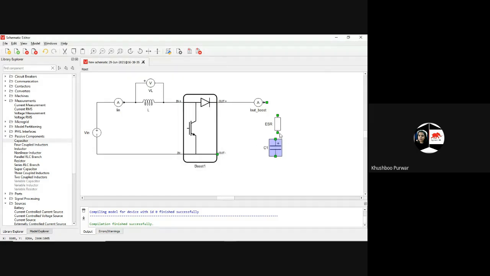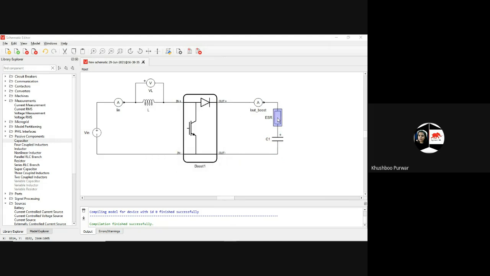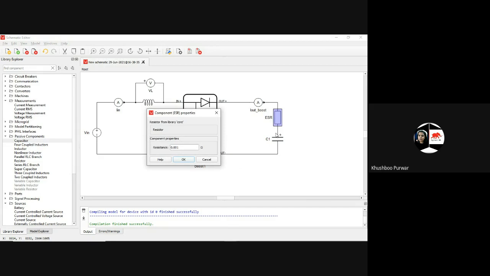Now you can join it. Join this portion. I have assigned all the values for the capacitor as well. You can see, as well as for the equivalent resistance, I have assigned the value. You can see 0.001 ohm.